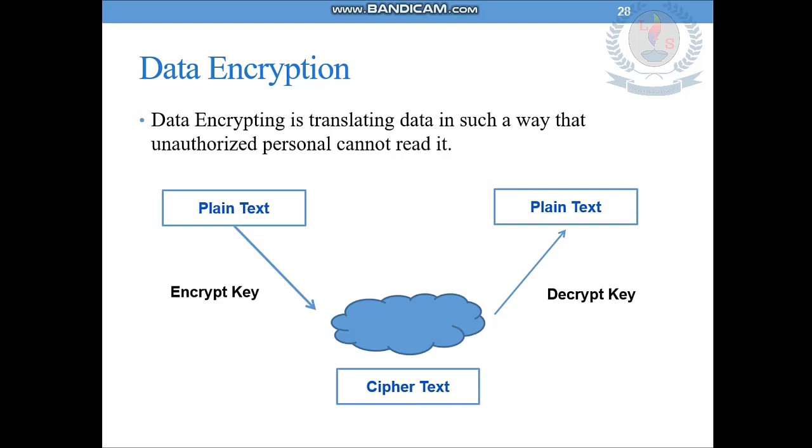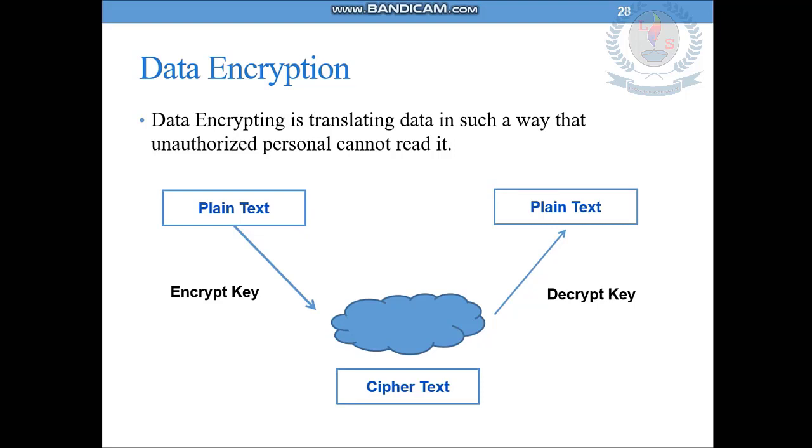Data encryption software is also known as an encryption algorithm or cipher. Here I have used the word ciphertext. Unencrypted data is called plain text. So you can convert this plain text into ciphertext by encrypting. Again, the ciphertext you can convert back into plain text by decrypting.